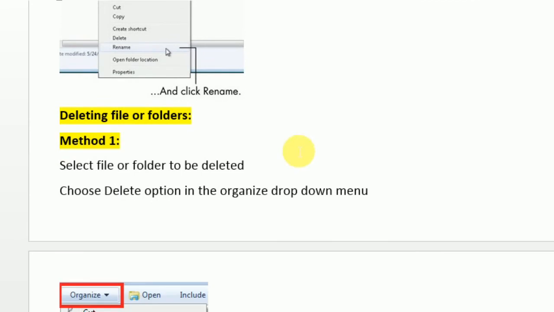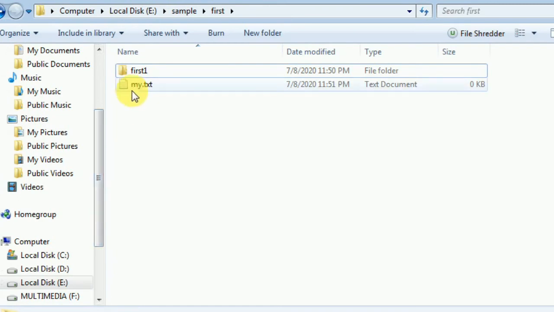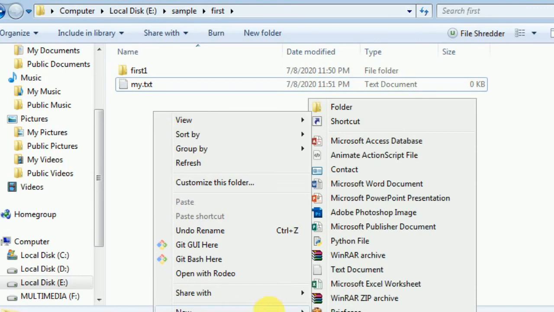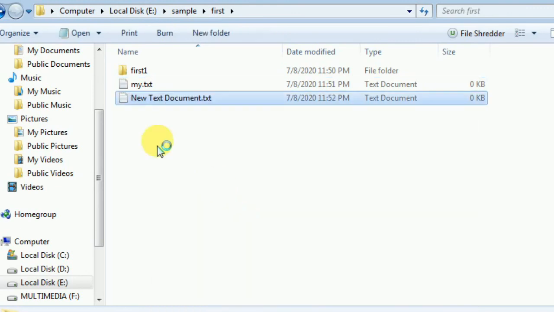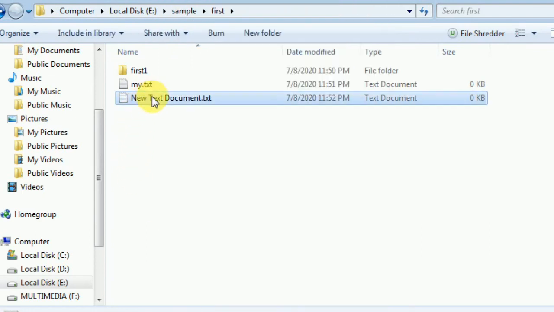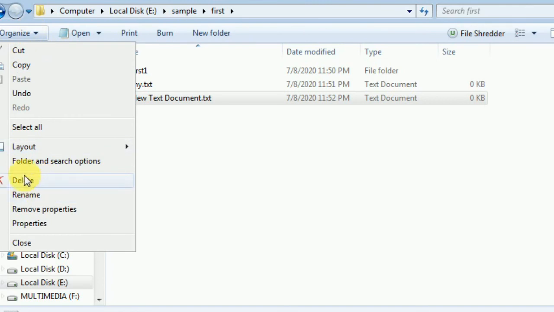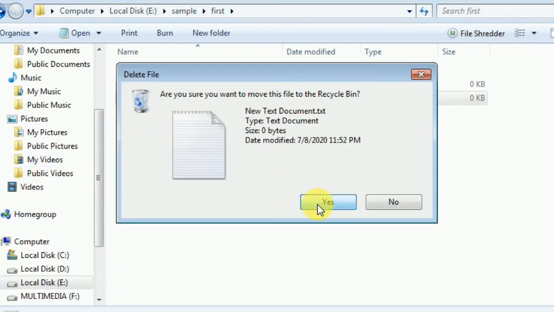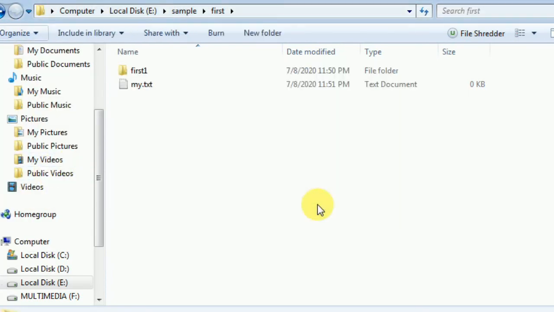Now the delete option. Everything is going to be the same in both the cases. You have to get back to here. If you want to delete this file or this folder, or create one more file, and then we delete that particular file that we are using. This is a new file. Now this file is created. Now if you want to delete, one method is right click, and here it is, delete is going to be selected. Second method is select, go to organize, and the delete option is there. You select, click, the file is deleted. From here also you can delete the file.